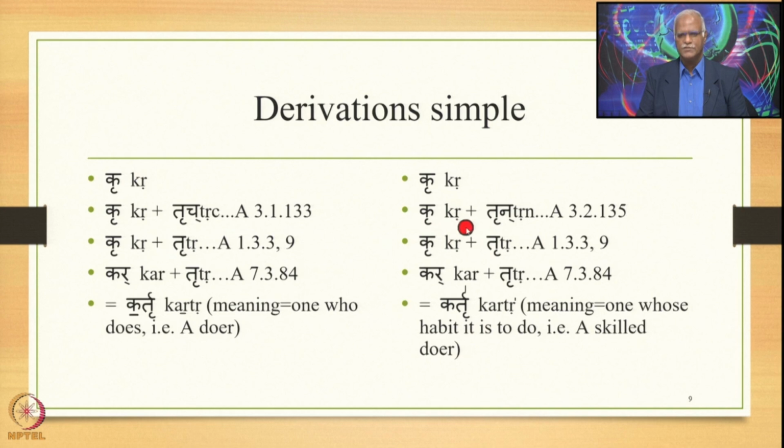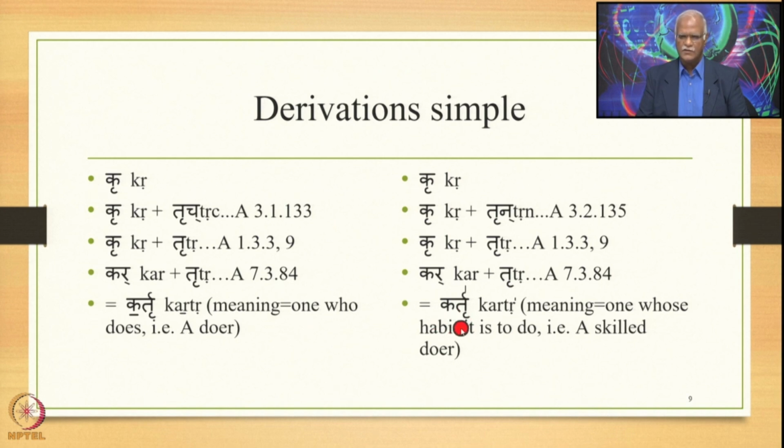So we have kru plus trun. Once again 133 and 139 play a role and we have kru plus tru. Then we have 7384 and we have kar plus tru. And then as before all these elements are accented, they have udatta accent, but at this particular final stage the accent of this element was going to remain, but because of the marker na now the initial vowel gets accented. So this initial vowel is accented now and so we have kartru with an initial udatta and ru as